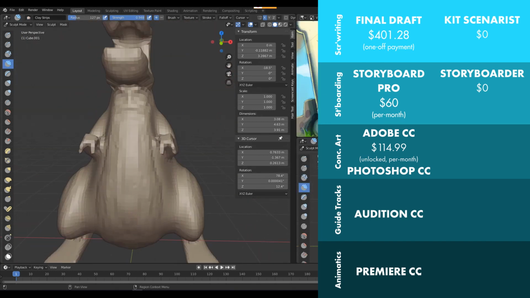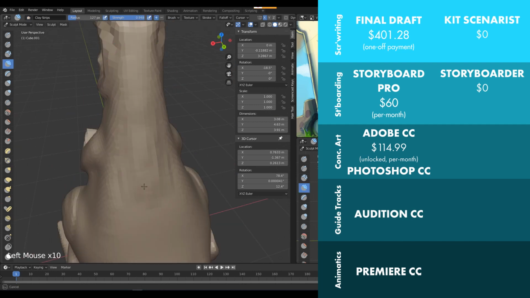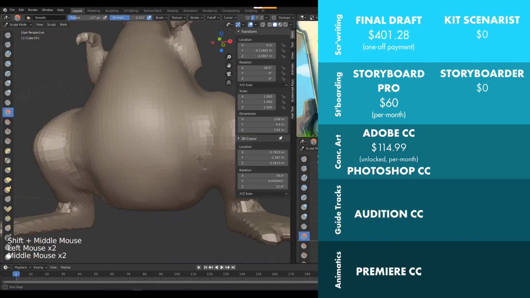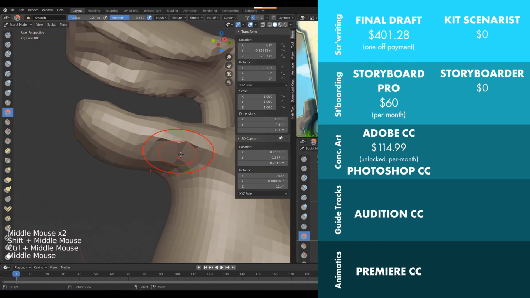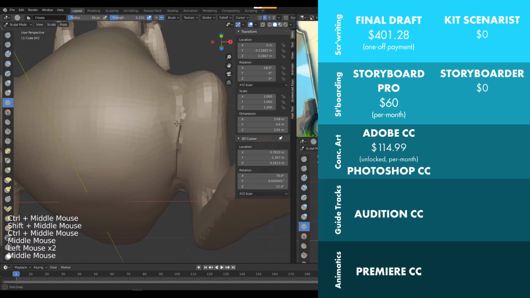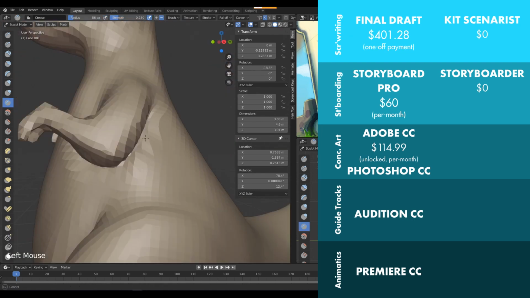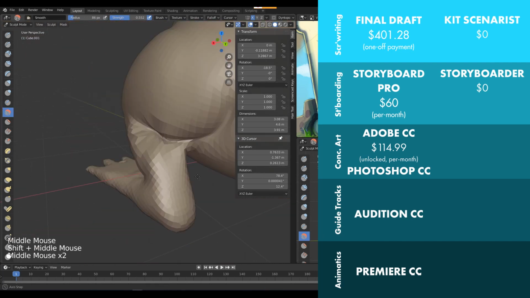Storyboarder, on the other hand, has a great, friendly UI, is easy to use, and has some awesome features, like categorizing your scenes based on your screenplay. You can export your storyboard as a thumbnail sheet, or you can import an audio track and create an animatic video based on your boards. It's really, really cool. The bad side? Well, the UI looks like it's designed to be touched, but it's actually horrible on touchscreens.